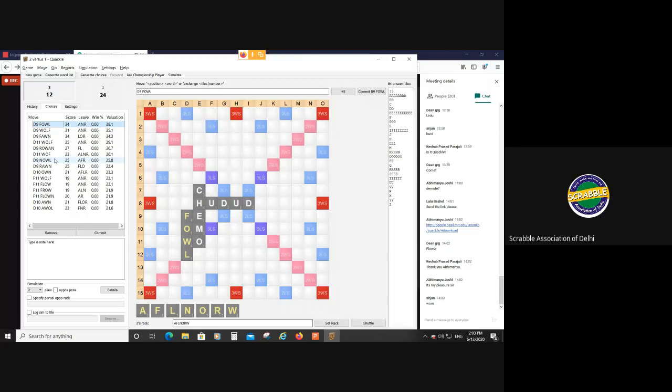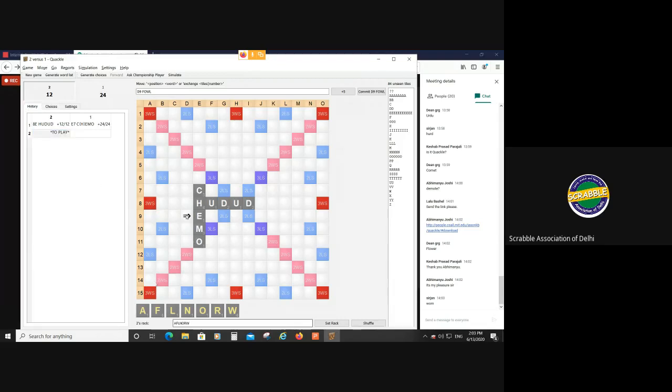So I was also trying to do the same thing. I just started with W. That was what I was trying to do. So you basically need to look at your rack and see how you can maximize this. E takes a lot of alphabets. O takes a lot of alphabets. M takes almost everything. We know O and A both can go next to it. We know W can go here. We know F can go here. So you have to play around and figure out how to maximize this parallel play and the double word.